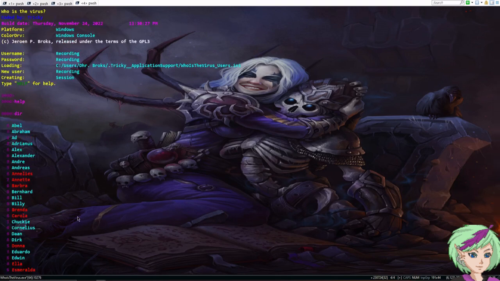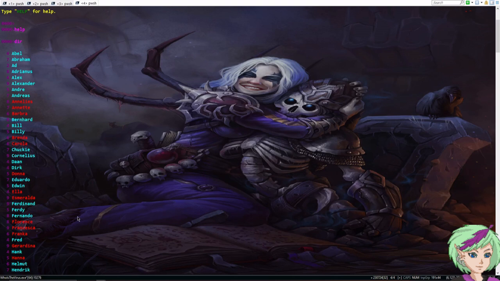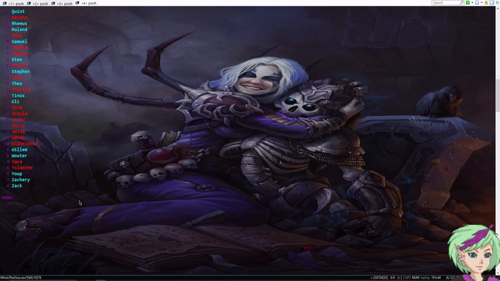Now, the object is easy. One of these files is a virus. Should you run that file, the system would be taken by the virus and then you lose. All the other files contain hints towards which file is the virus. But here's the rub. All the hints are lies. So you have to think the other way around.